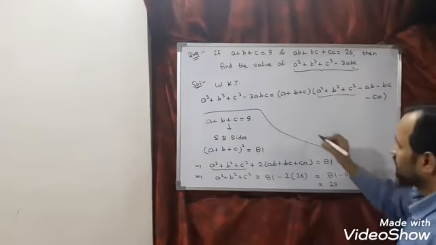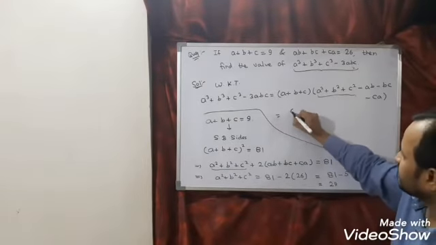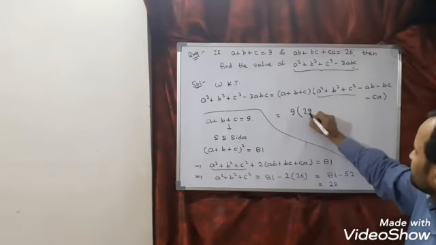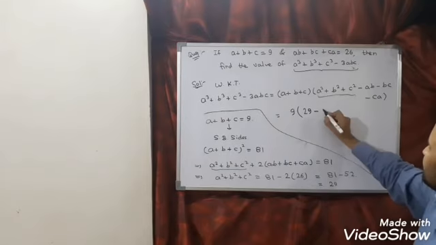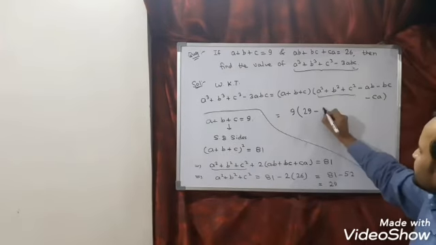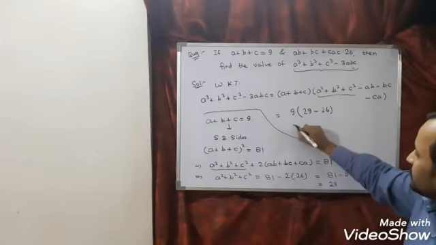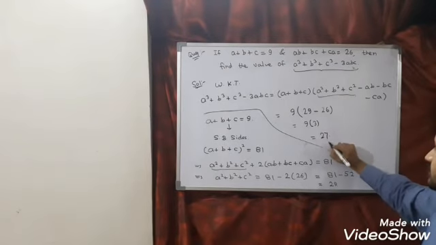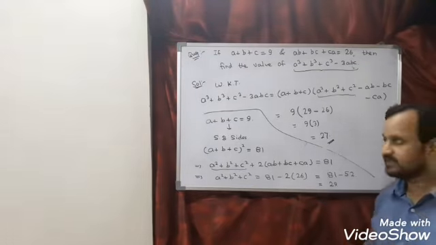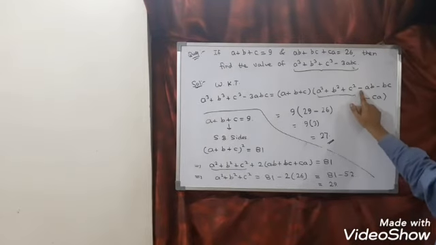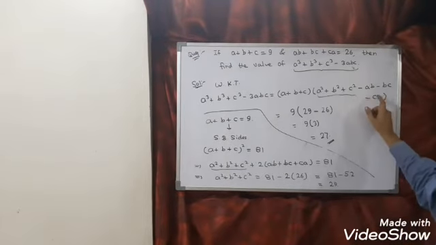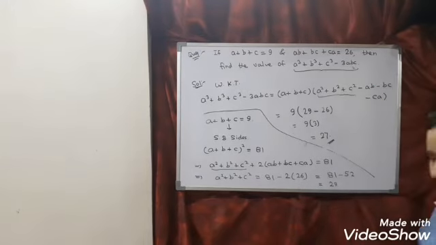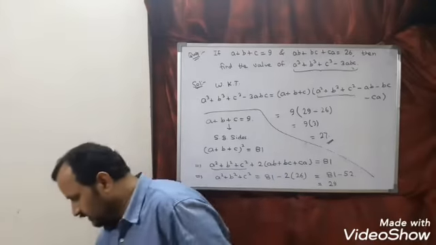Now keep this value. So this is 9 into, what is the A square plus B square plus C square value? 29 minus. So take minus common and what will you get? Plus will come. AB plus BC plus CA, which is nothing but 26. Put the value, and the required answer will come. Finally what you will get is 9 into 3. So the answer of this question is what? 27. I hope the solution is clear. Let us see one more question.